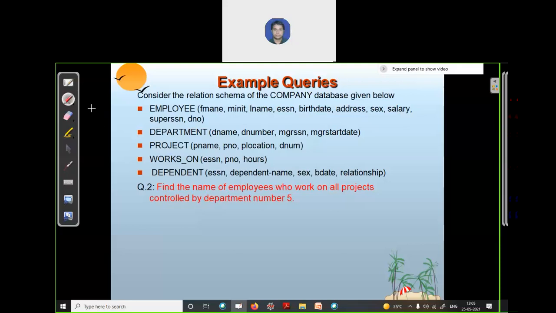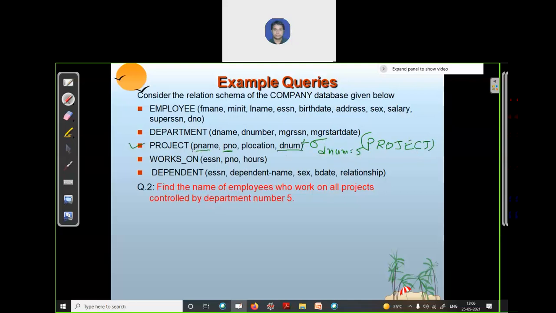Here you can see the department number, project name, and project number are attributes of this project relation. So you simply write your relation name, which is project, and your condition is dnum equals to 5. This expression will give you all the projects which are controlled by department number 5.